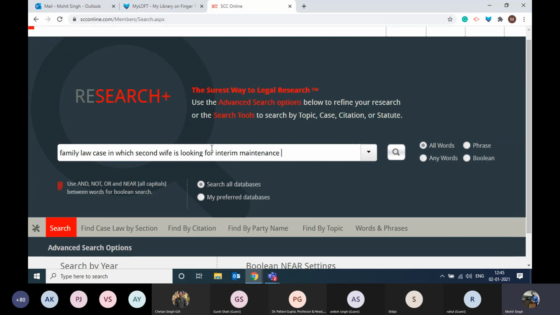So what I'm going to do is delete the non-legal words from the query. So I'm going to delete this one and this one as well. So now we are left with some words over here: family, law, second wife, interim maintenance, right? Now family and law are two individual words in our dictionary.